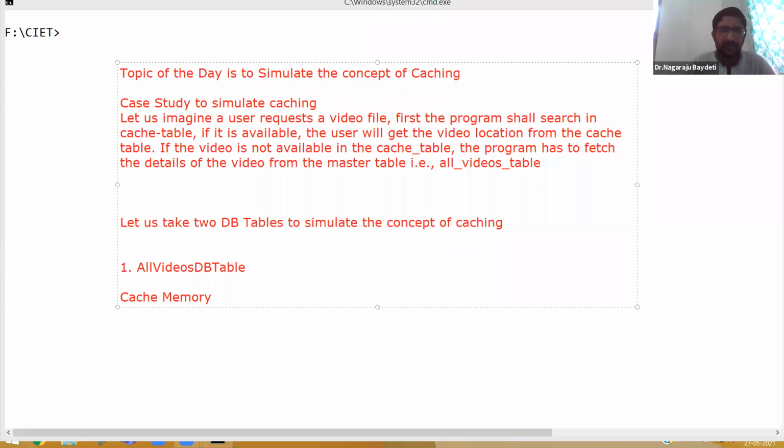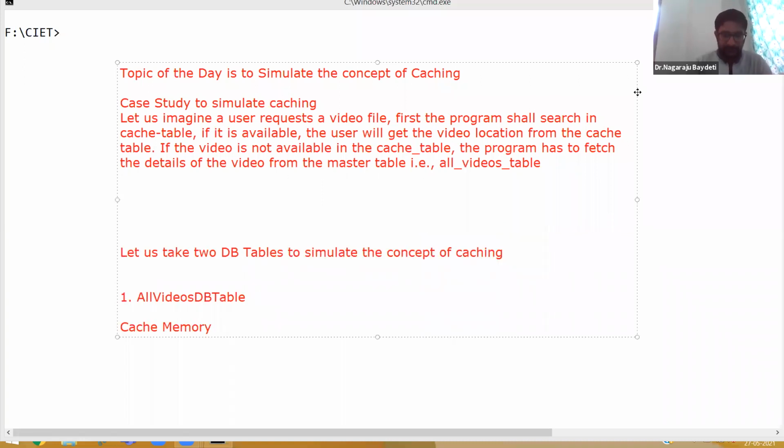What is this all videos table? What does it mean that a user requests a file? There might be some doubts, let me clarify them. Let us take 10 videos.